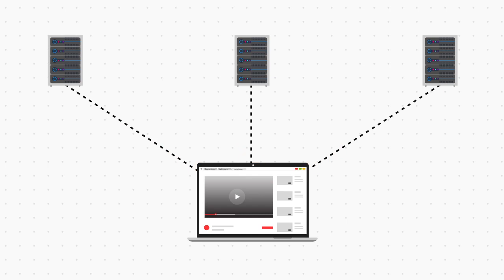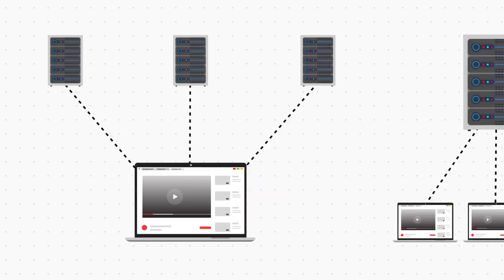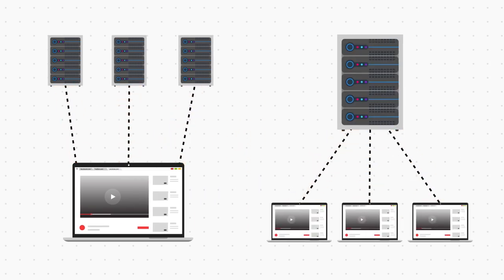Now, if all this data comes together, will the device not get confused as to which data is from which website? Similarly, if requests from multiple devices are going to a server, will the server not get confused as to which node requested which information? Well, it does. And to solve this problem, all devices, that is both clients and servers, have this thing called ports. Now, let's look at an example to understand the concept of ports.